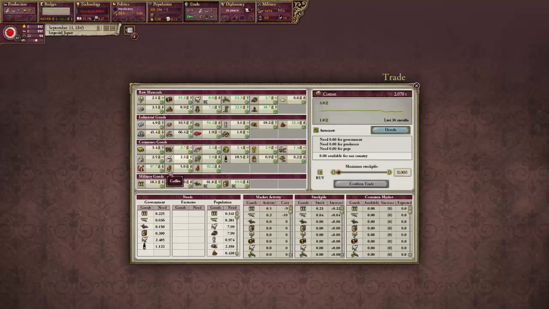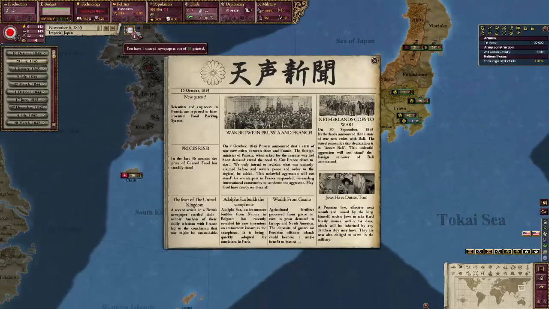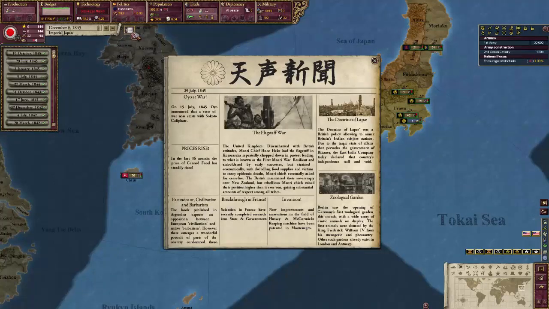Actually, let's see who's outputting the most gold or precious metals, if I can find it this time. Where is it? Nope, I'm being silly again. I actually can't find the precious metal, unless it's just not there. Yeah, it's a little early, but it could happen. Jews have duties too. What? Not too certain why they'd publish that, but...